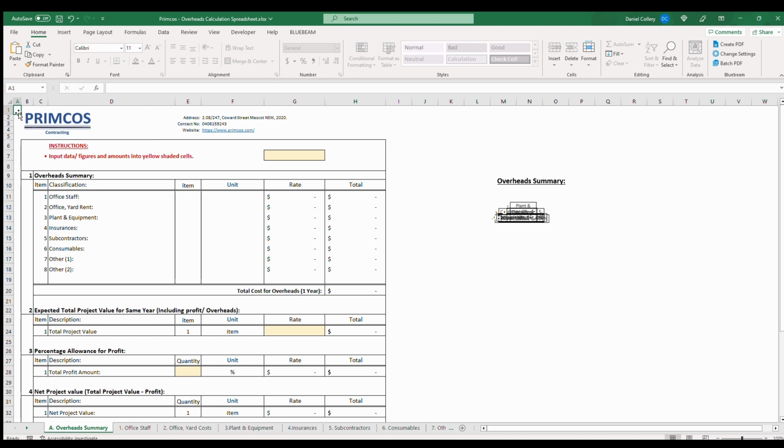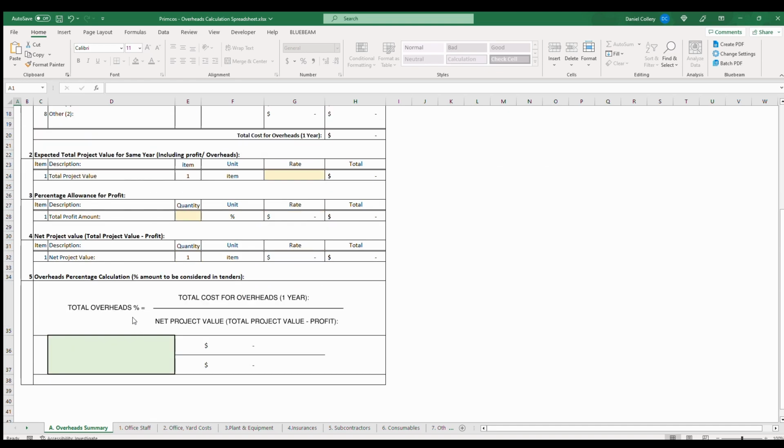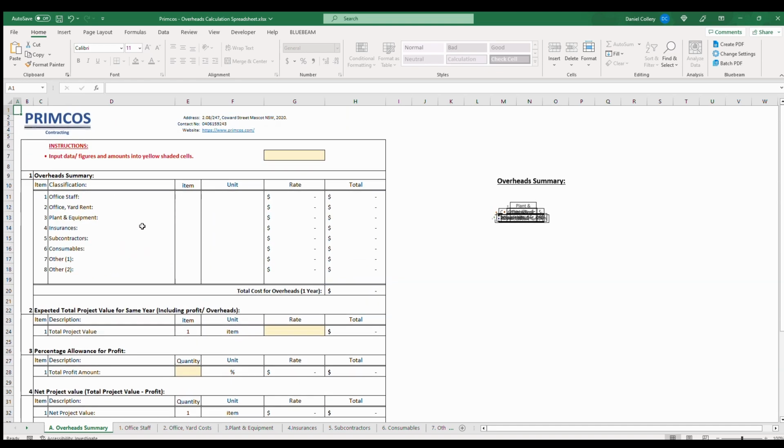This is a basic spreadsheet I've put together so that we can accurately come up with the costs of overheads for the company or business for a year and use this amount in tenders going forward. So at the end of this, we'll have a percentage value that can be applied to our costs